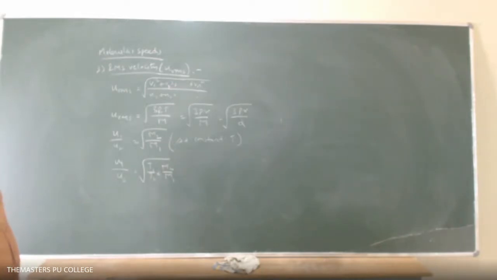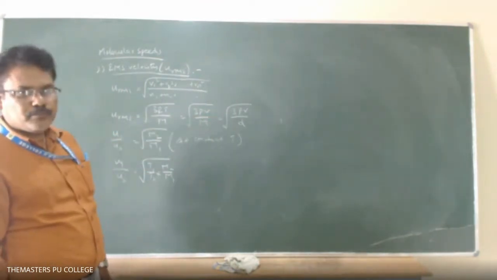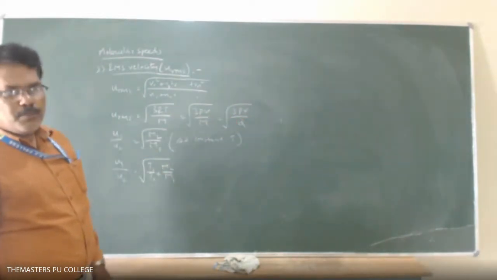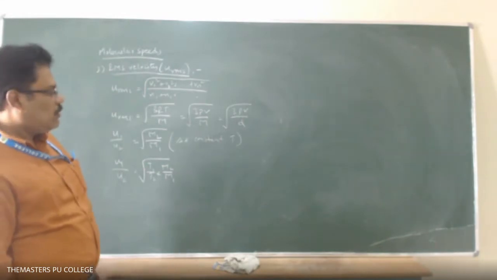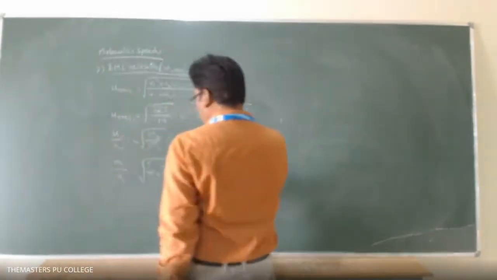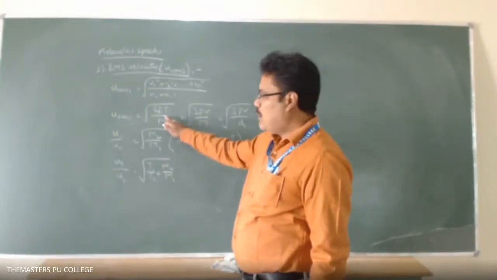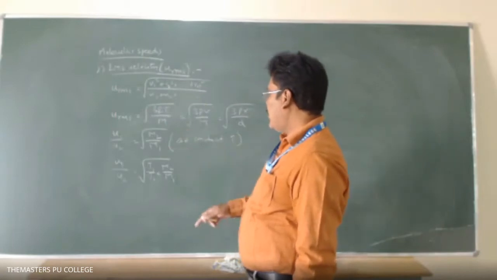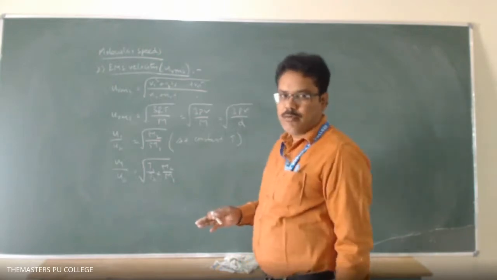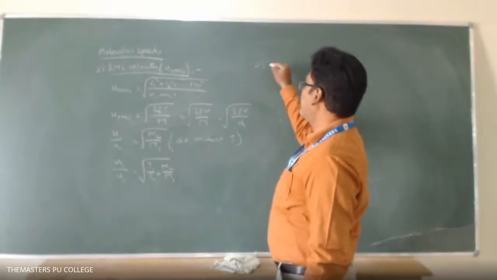And similarly for this formula also you can write PV by d, P1 V1 by d1. For understanding purpose I gave this formula. Mostly they will ask by depending upon this formula only. Sometimes they will ask this one: if it is constant pressure for a fixed amount of volume, then it will be under root of m2 by m1.